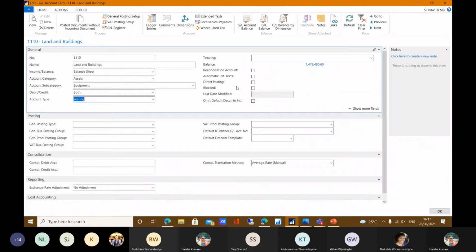And also there is an important field in the bottom tab, which we call posting. And posting here in Sri Lanka will not be used, because here all the subledgers and all the chart of accounts are updated with your customer and vendor.